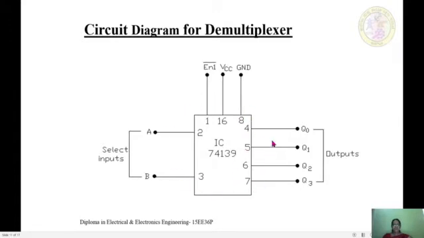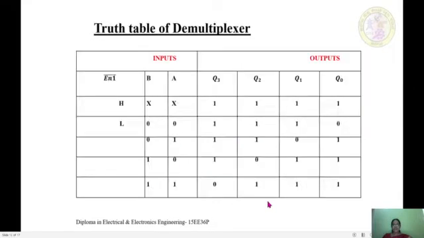And this is the block diagram for the working, to illustrate or to verify the truth table of a demultiplexer. So in the truth table, we have the inputs and the outputs. If the enable pin is held high and the address is any one of the 4 combinations here, then none of the outputs will be selected. If the enable pin is low and the address is 0 and 0, then...